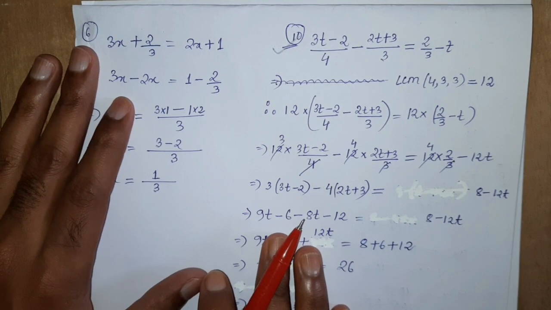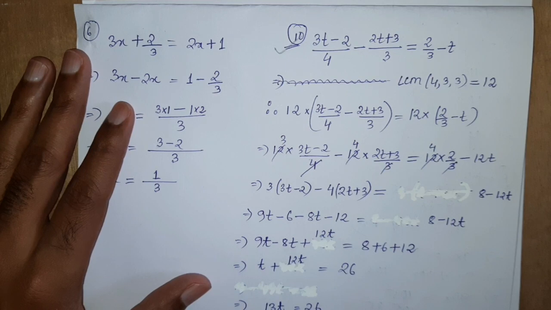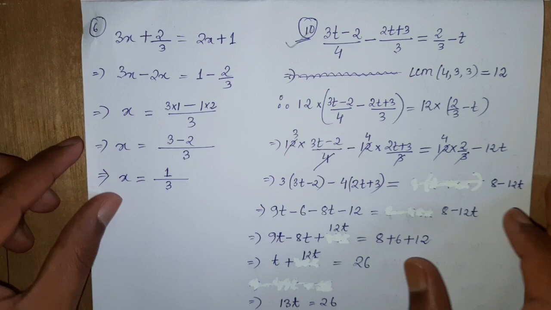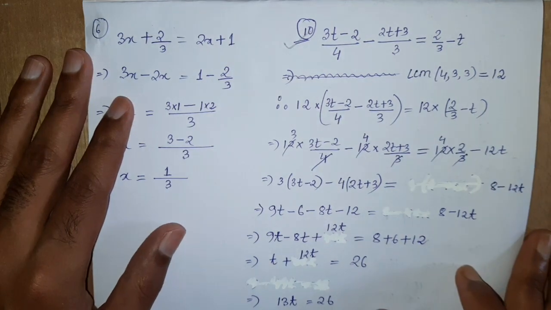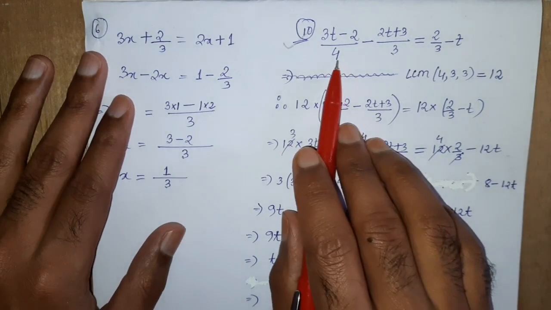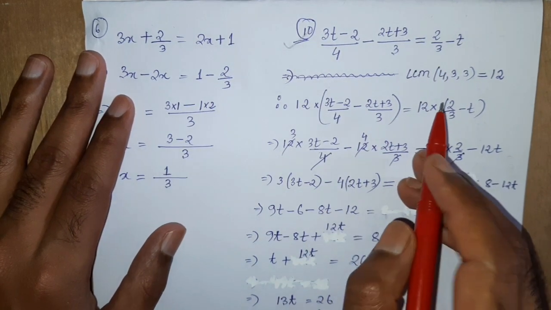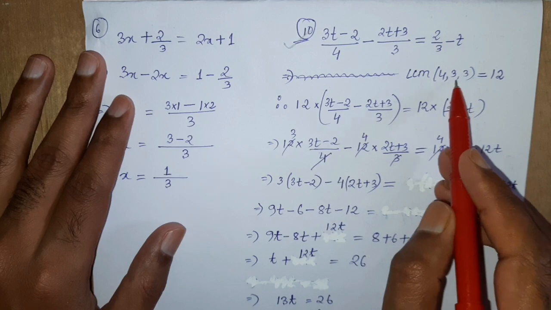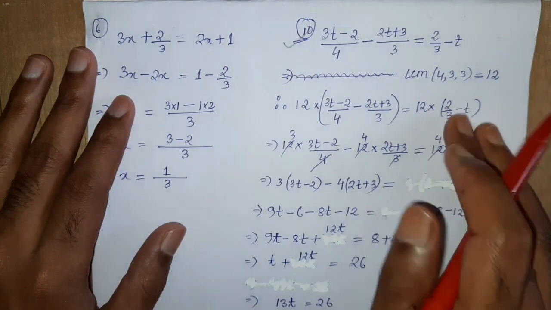Now since it is a mixture of 2-3 terms and denominators are there, it is not going to be as simple as we did in the first one, but this can be done in a little different way. Whenever this kind of equation is given, first you pick all the denominators and find out the LCM of that. You know very well how to find out LCM. The LCM of these denominators 4, 3, 3 is 12, which I have not shown here. You can easily find out and check.